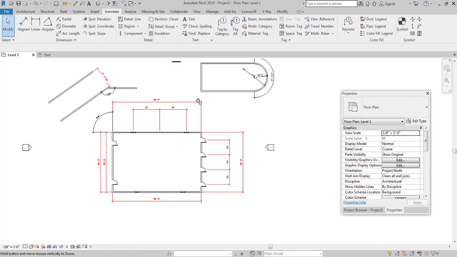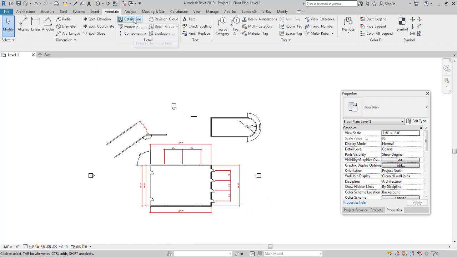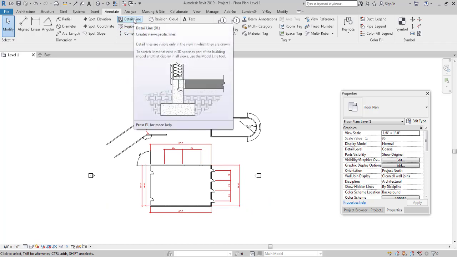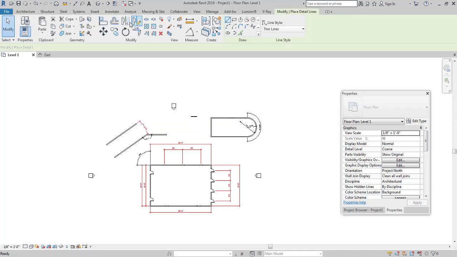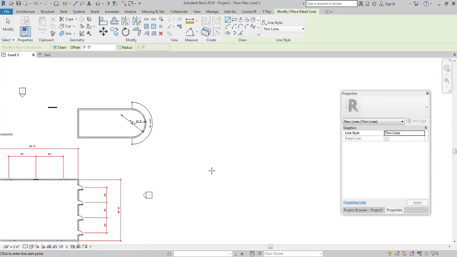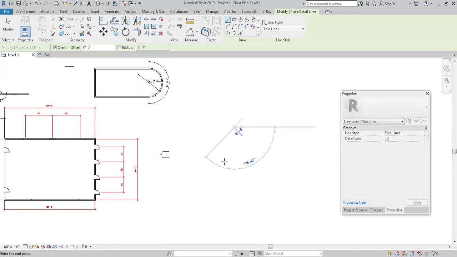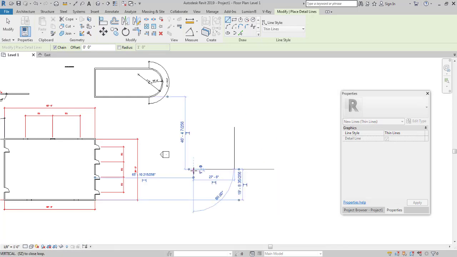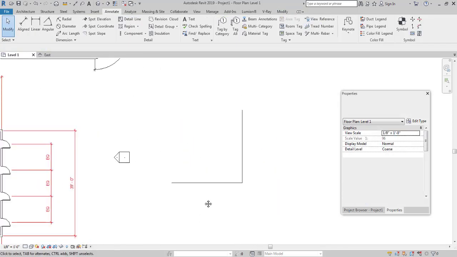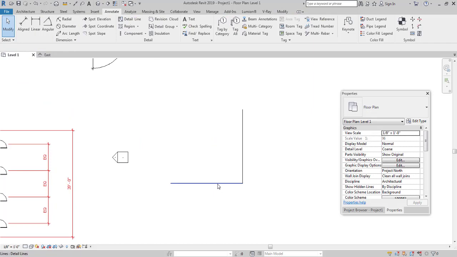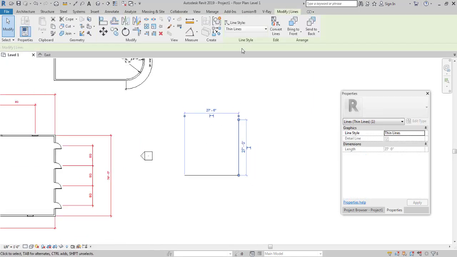So let's get started. I already went over how to create detail lines in the previous videos, but I would like to repeat this as I believe it's an extremely useful command to be aware of. So select the detail icon over here. Any detail line just creates a 2D line, but it's extremely handy when you're trying to create 2D drafting. So if you would like to change the color of this line or the thickness of this line, it's entirely possible.